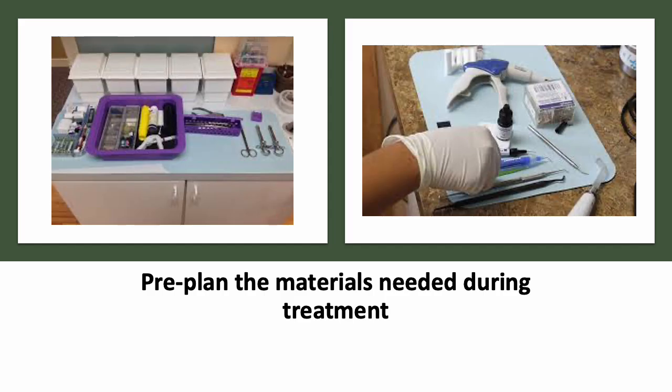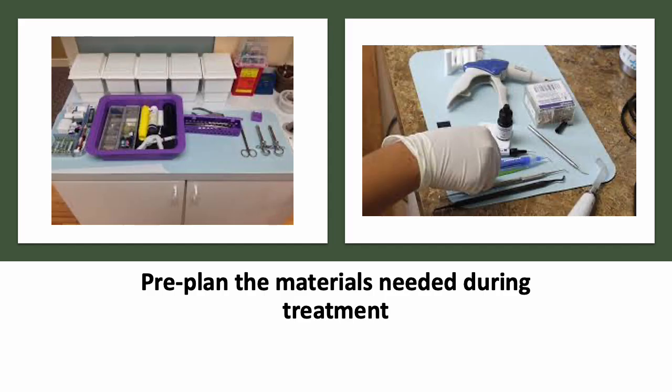A very important step in the pre-treatment stage is pre-planning the materials needed during treatment. That may be done by reading the patient's treatment plan, so we will know what we will do for him. We're going to do extraction, restoration, endo, and so on. The reason for that is that during the treatment, we don't want to open drawers and touch other materials, to prevent